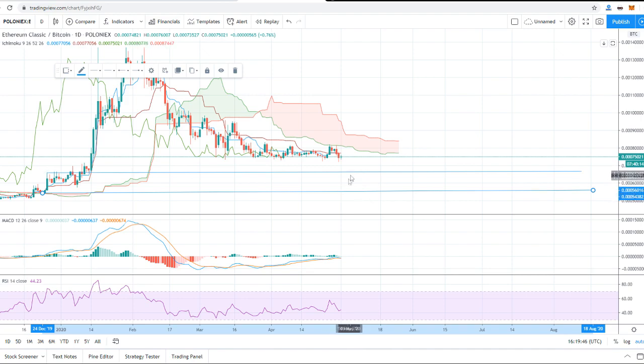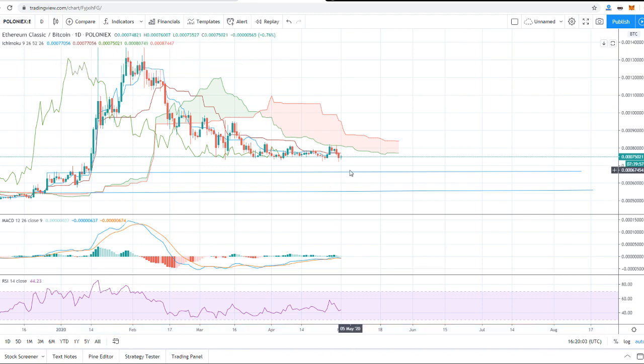If the Ethereum Classic falls under this level, I'll be buying Ethereum Classic. This is the buy zone from me, 0.0055 and 0.0006. So don't buy in one go, always buy slowly. Start making a bag of Ethereum Classic because this thing is going to moon in the next couple of months or so. So once the Bitcoin is done pumping, and once it starts going sideways, we're going to have mega